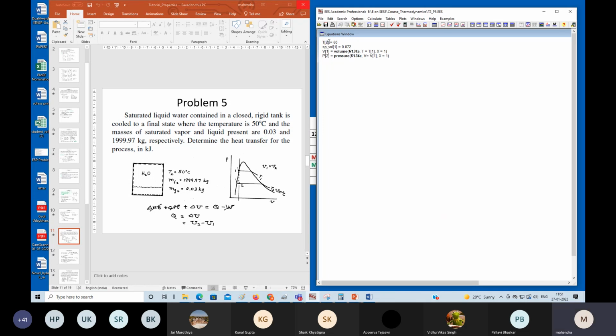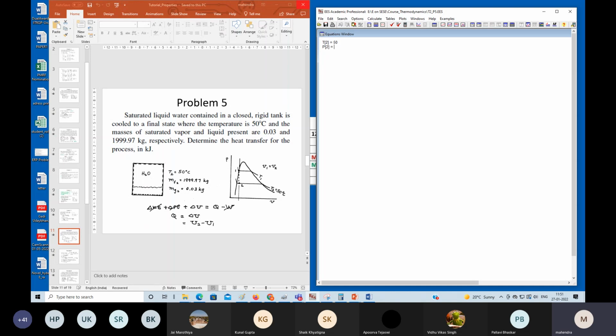T2 is 50, that is given. Yes, and then this is point number 2, right? Here you can calculate saturation pressure for this particular state. P2